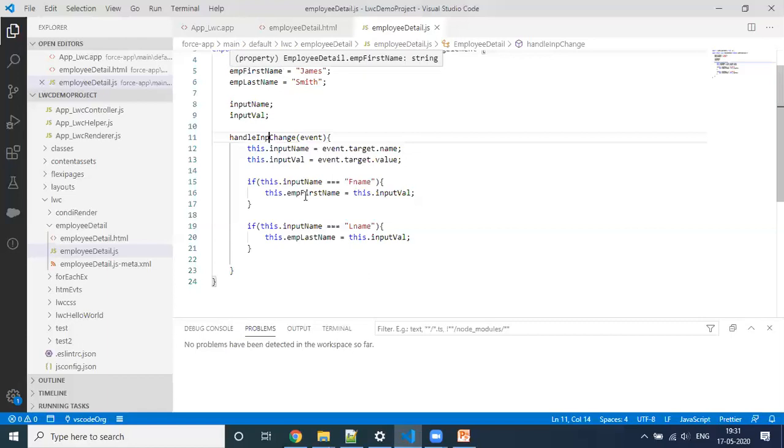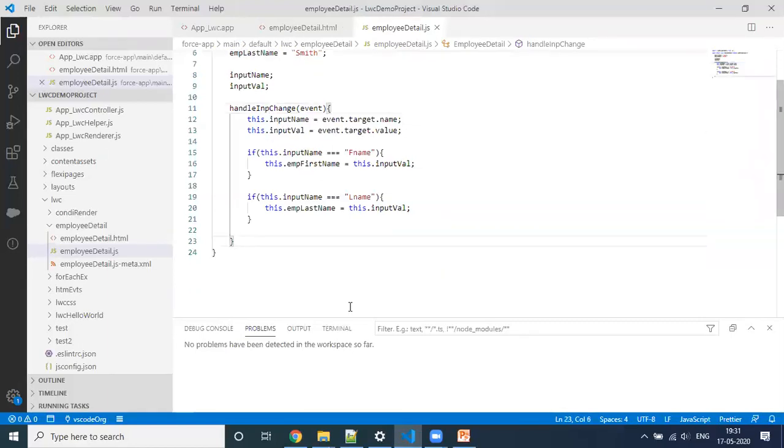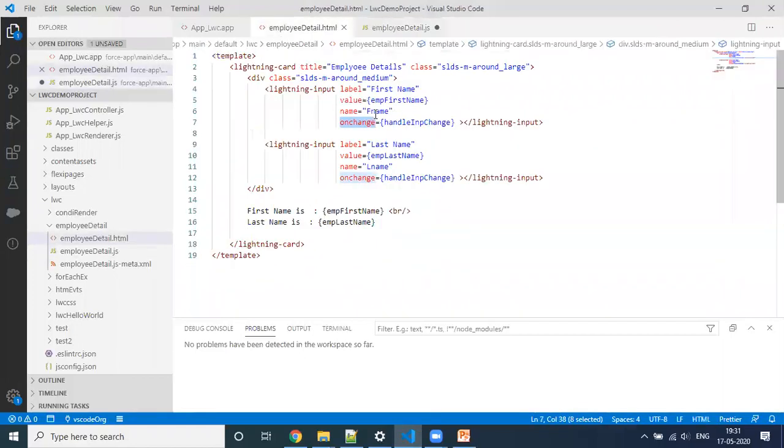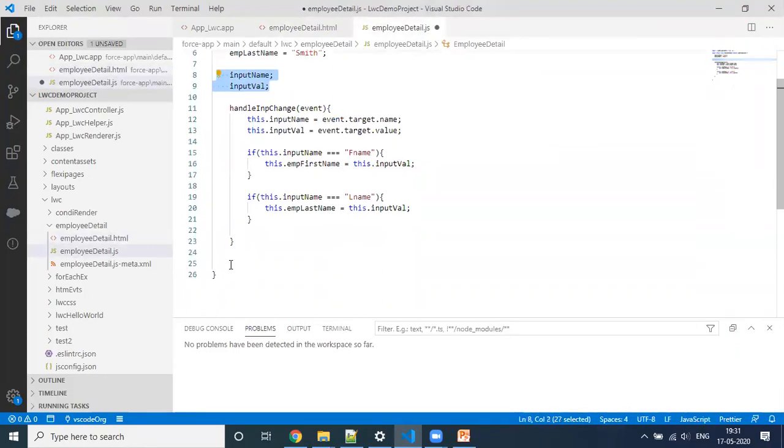Now let's understand what is a getter method. A getter method is like this: whenever the value changes here, whatever value you are entering here, if it is bound with that, and you define any method with get, then those changes will reflect on the getter method as well.